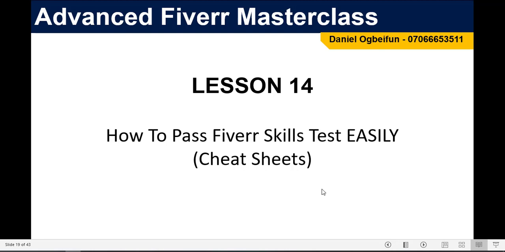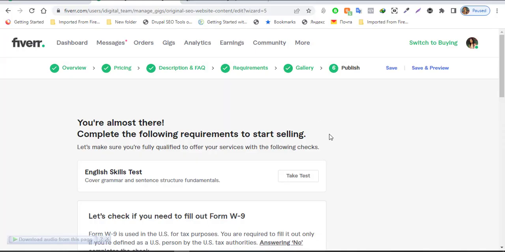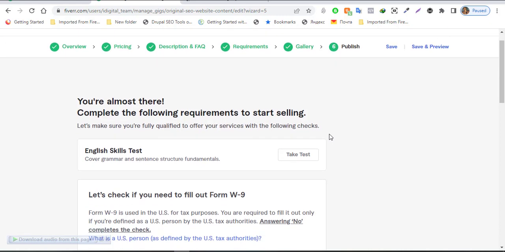So welcome back to the Advanced Fiverr Masterclass, and we are on lesson 14, and we'll be looking at how to pass the Fiverr skills test easily, and then you are going to be getting some cheat sheets relating to several of the Fiverr skill sets you'll be encountering as you go along with doing the Fiverr business. So we are going to continue from where we stopped last time, and that's here,